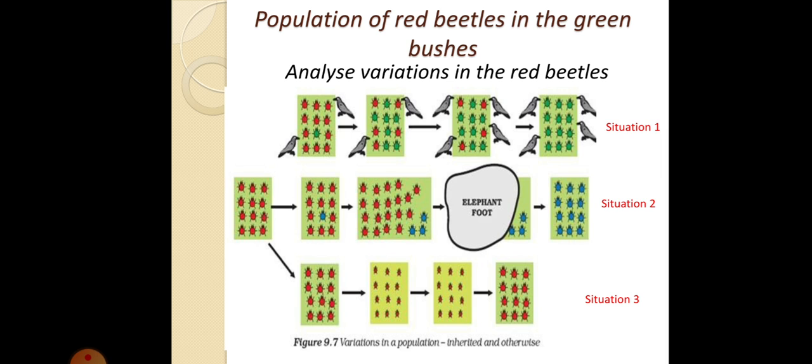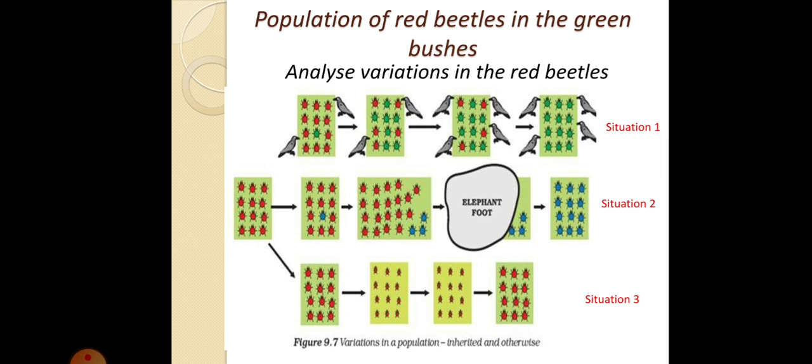Now coming to situation 3, here you can see there are no crows and there is no elephant's foot. Here you can see the red beetles are increasing in number, or their size has decreased. It could be because there are no predators for them, so they have